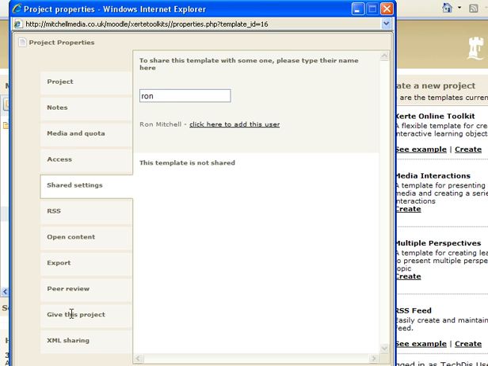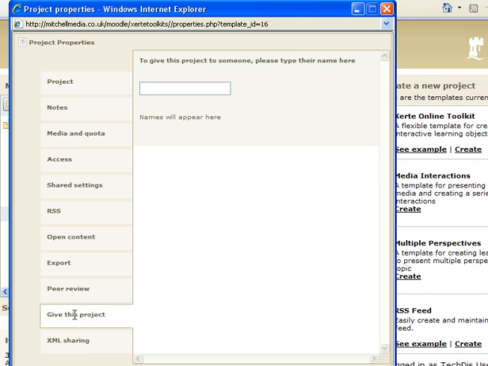You can also give a copy of the project. So if I, again, select the tab for give, I can give that to someone else that's got an account on the system. They've instantly got a copy of that. Now, if you think the power of that and this notion of learning design, if you've over a period of time, you're a